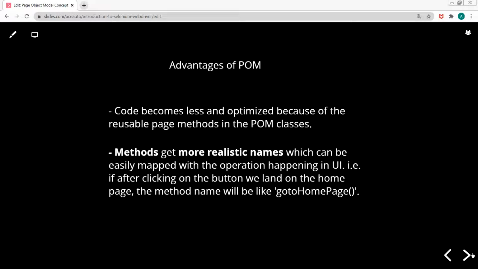Now the third advantage is that code becomes less and optimized because of the reusable page methods in the POM classes. Methods get more realistic names which can be easily mapped with the operations happening in the UI. That is, if after clicking on the button we land on the home page, then the method name will be like go to home page. Now this is theoretical knowledge, but having said that, we'll be looking at some practical examples